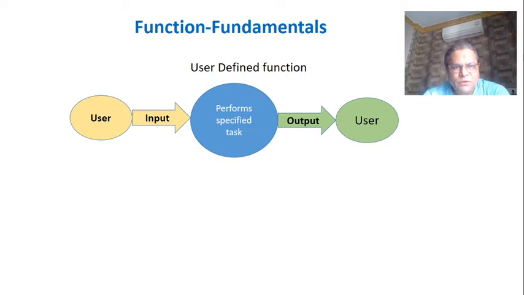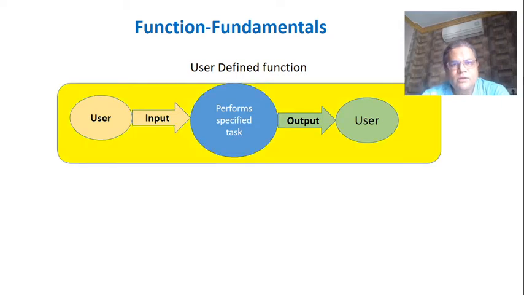So as you can see, like a C program, we can have a function which performs a specific task, which takes input from user and which provides output to the user, and this function is bounded by a boundary. So whatever variables we are using in this function, they are visible or usable only within this boundary. This is something called as variable space of a function. Variables declared in this function are visible only within that function. They will not be visible from other functions.